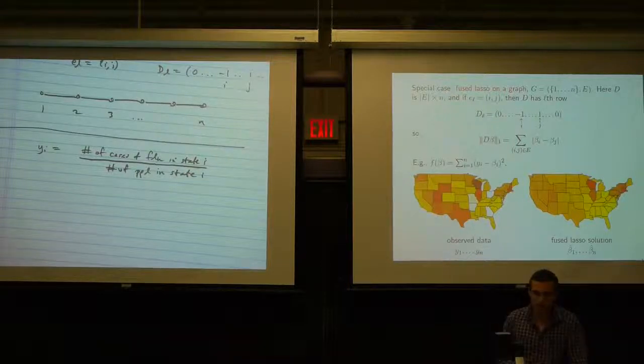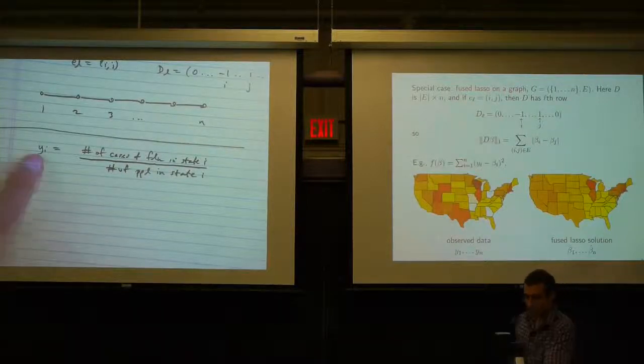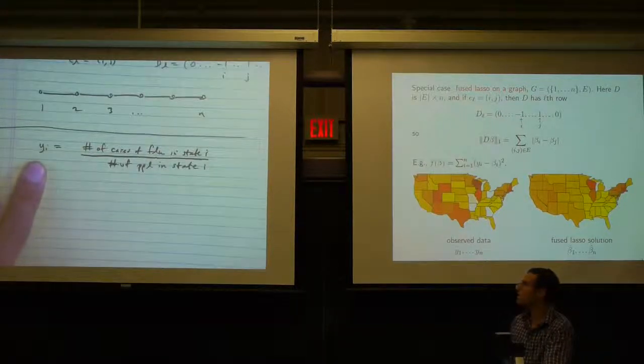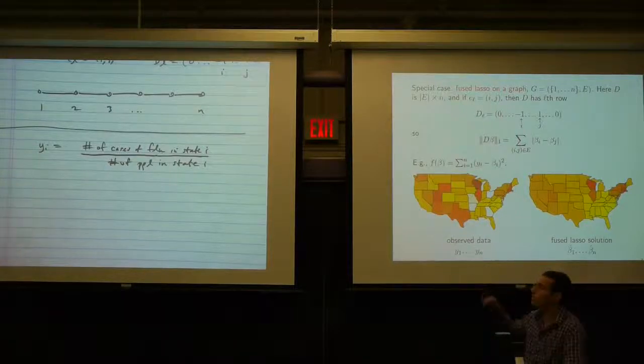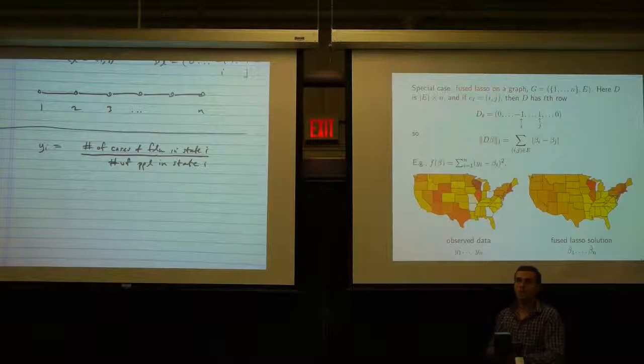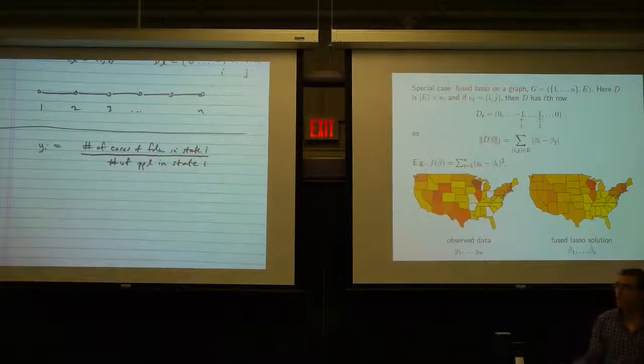So what we're trying to find is the true probability of getting flu in any one of these states, and we observe noisy observations, which are just observed counts. We think maybe the true probability is some piecewise constant function that, as I move from one state to a neighboring state, doesn't jump up a huge level. Even if I don't believe that to be exactly true, if I believe it's a useful approximation, I could run the fused lasso on the graph defined by